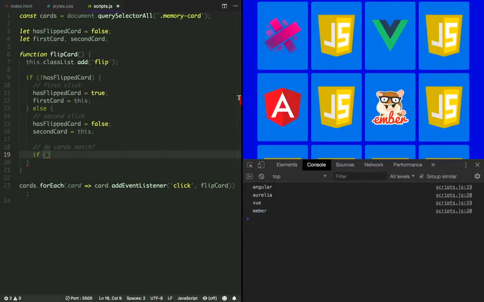Now that we can identify our cards, we have to check if the dataset.framework from the first card and the second card are the same.